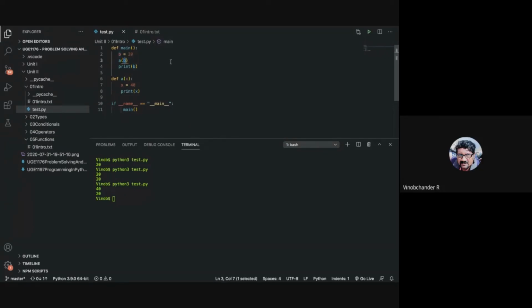What is the type of B, guys? Integer. Is integer mutable or immutable? Immutable. Integer is immutable, so any type that is immutable is called by value. This is what you need to keep in mind.